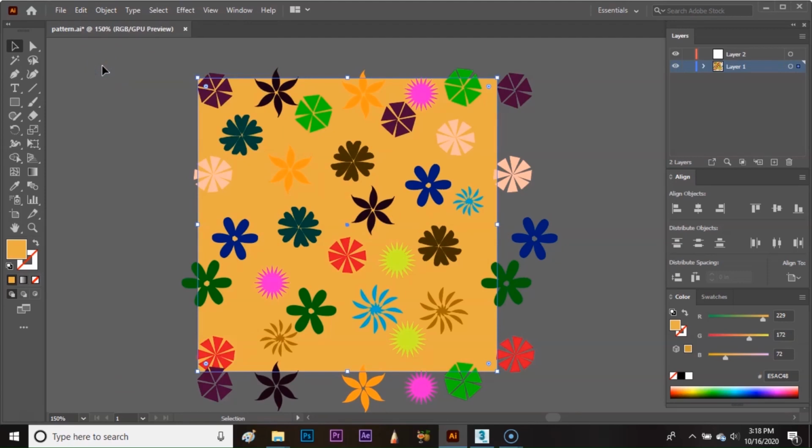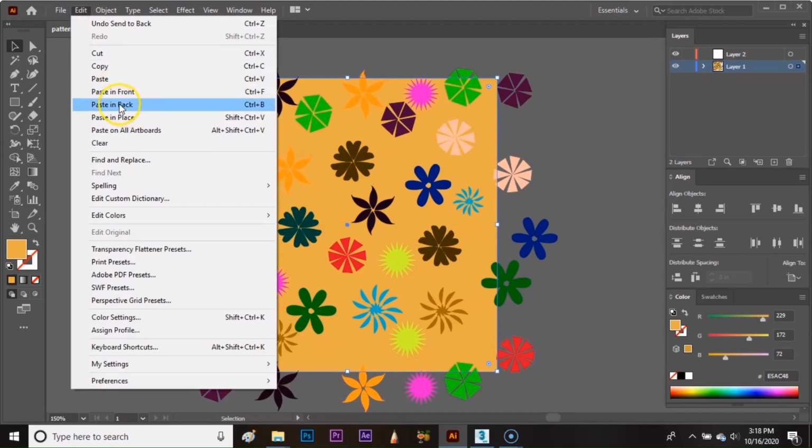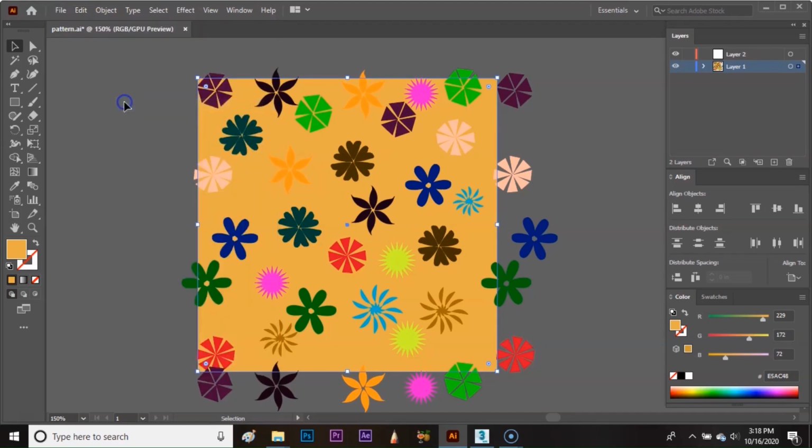The shortcut to copy the object is Ctrl C. And now I'm going to paste it in the back. Go to edit and click paste in back. The shortcut for this is Ctrl B.